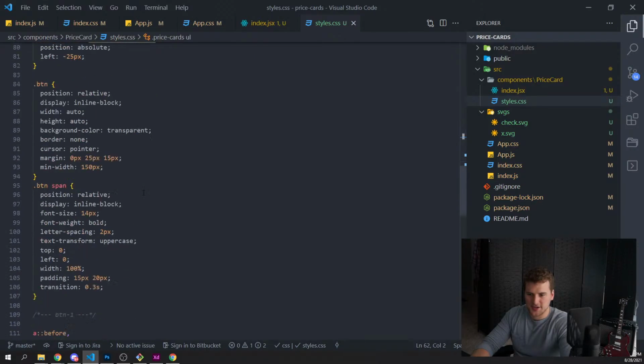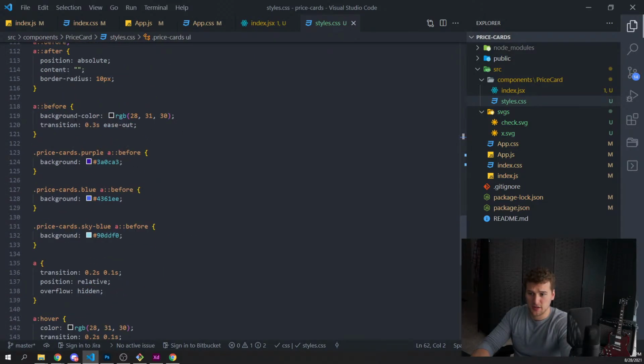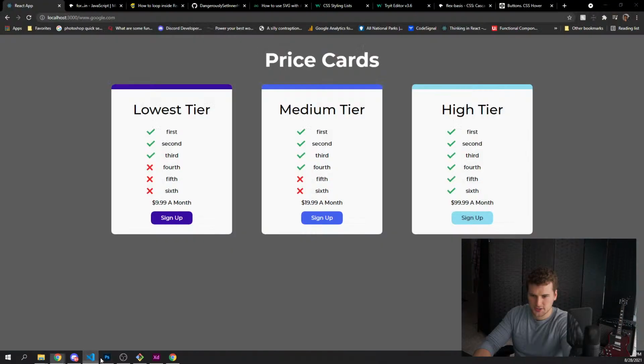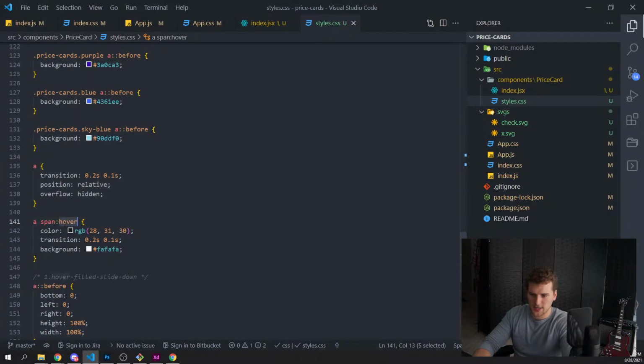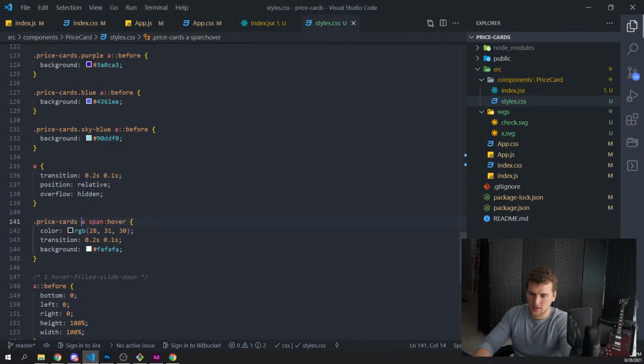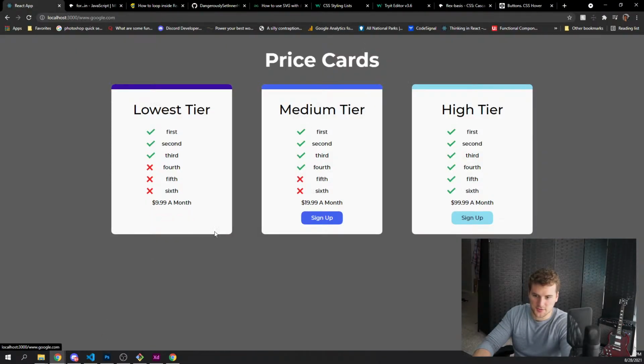Let's see. So what was I doing? Yeah, down in the bottom here, we're adjusting the span color on this. No, that didn't work. That is on hover, right? Oh, I think it's not overridden. Now if we do that, no, still no? Interesting. Yeah, there we go. We want the hover effect to be on the A tag and then the span's color to change. So now if we hover over this part, it changes.